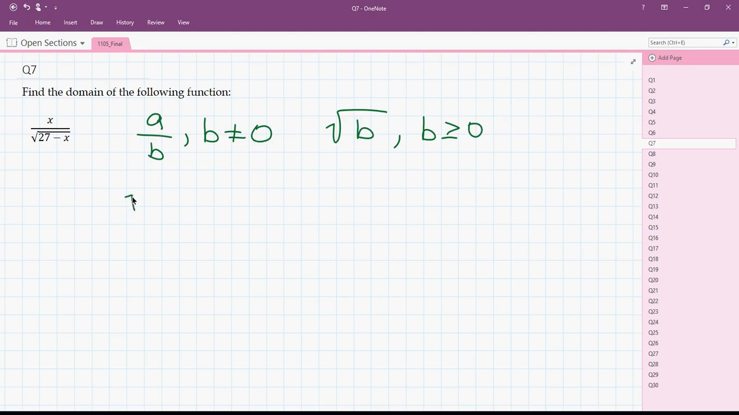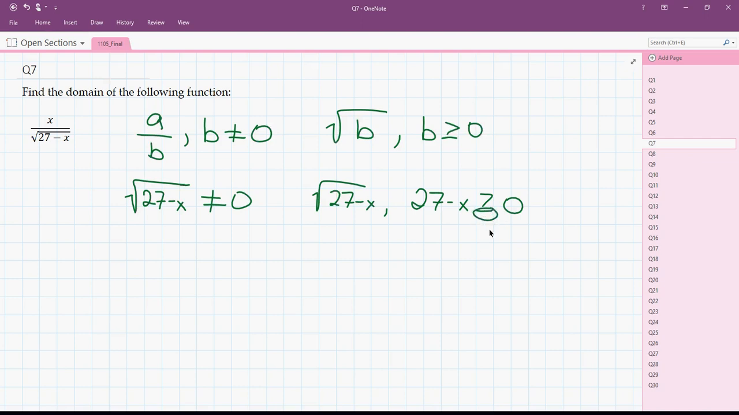So we know that 27 minus x, we don't want it to equal 0 because it's the denominator. But also, since it's a square root, we know that we want 27 minus x greater than or equal to 0. So we could actually combine these. Normally, you'd calculate these two separately, see what kind of restrictions each gives you. But here,